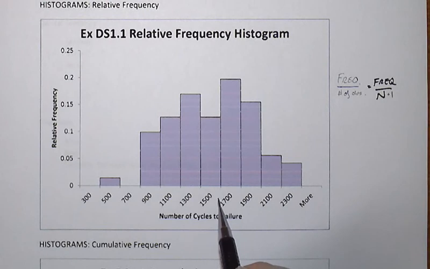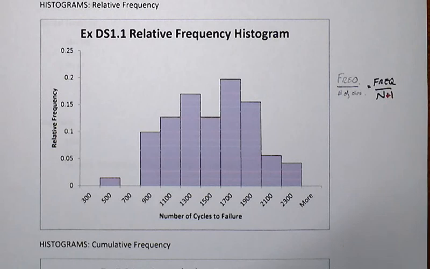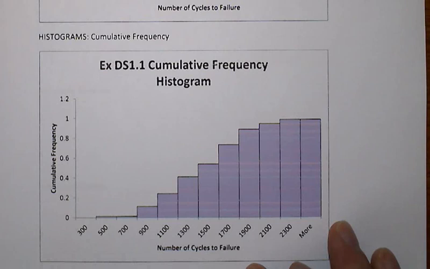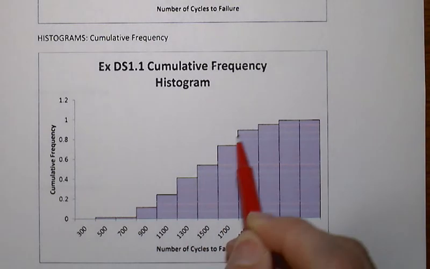You're always doing some sort of smaller subset. So they recognize that by adding this plus 1, when they come along and do the cumulative frequency histogram,